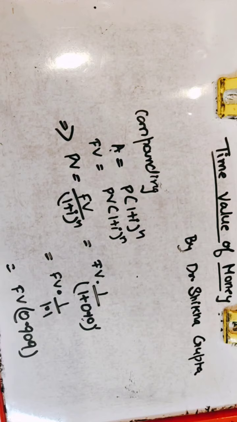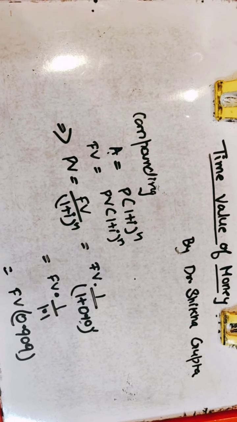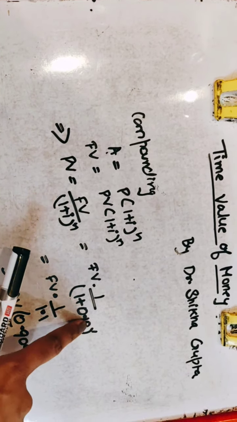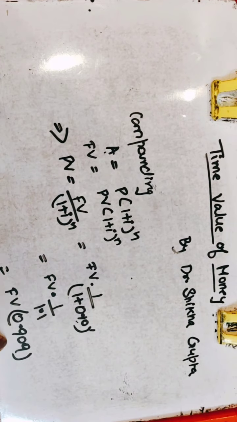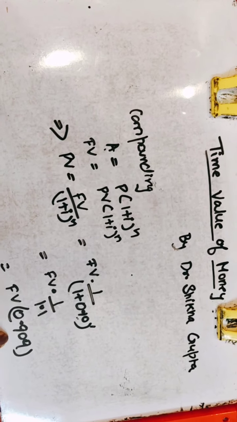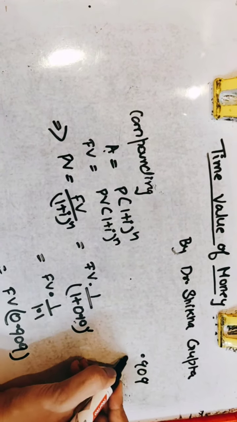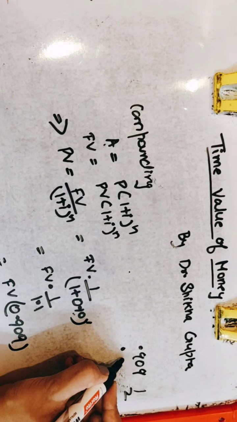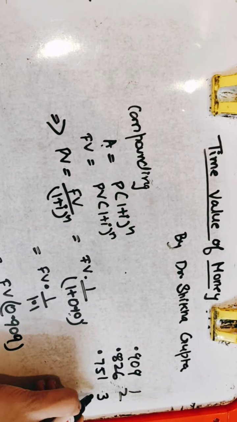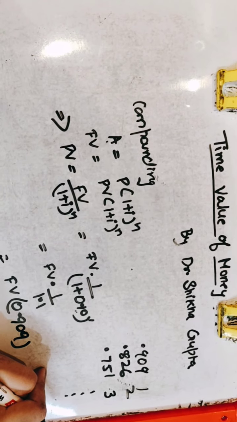Also, many students are using tables. We have discounting tables, but guys, please don't rely on the table. Sometimes you may not get it in the exam. So just use the shortcut, divide the rate by adding it to 1, and here you go. For example, I have to find out the value for the second year. Then don't divide again, just press equal to. Yes, exactly. So for the first year it's 0.909. For the second year, we just press equal to and it will come 0.826. Similarly 0.751 for the third year and so on. For as many years of value as you need, just keep pressing equal to that many times, and here you go.